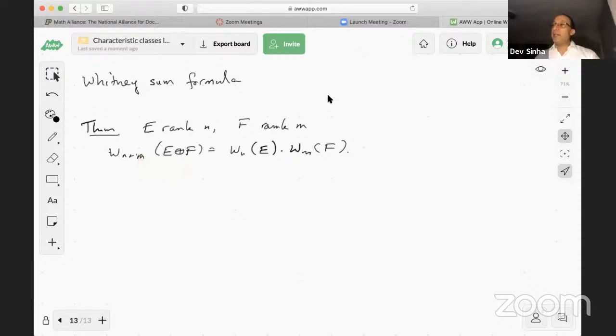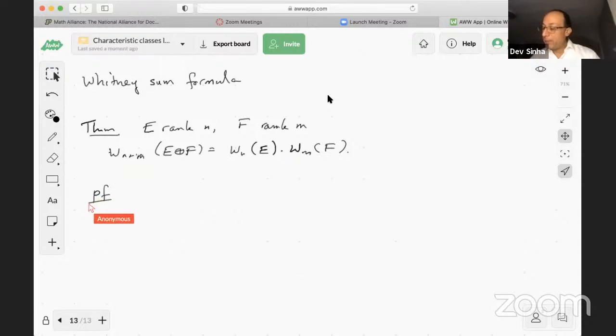So what's the idea? The idea is the Euler class is represented by zeros, and a zero of E plus F is both a zero of E and a zero of F. And I just said that means intersection if we're thinking in terms of Thom classes. So